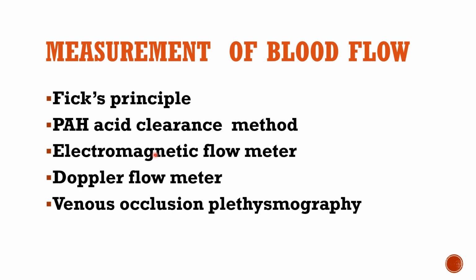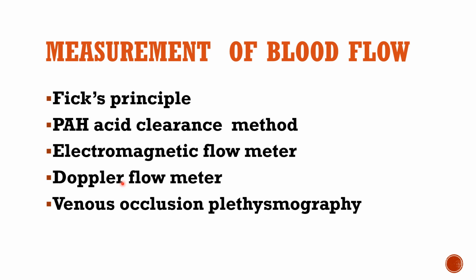The principle of the electromagnetic flow meter is that when a vessel containing blood is placed between two poles of a magnet, voltage is generated in the blood flowing through the magnetic field, and the magnitude of voltage is proportionate to the volume of flow and can be measured with appropriately placed electrodes on the surface of the vessel. Here electromagnetism is used, and in Doppler, ultrasonic waves are used. In this instrument, the waves are sent into a vessel diagonally from one crystal, and the waves reflected from the red and white blood cells are picked up by a second downstream crystal. The frequency of reflected waves is higher by an amount that is proportionate to the rate of flow towards the second crystal.